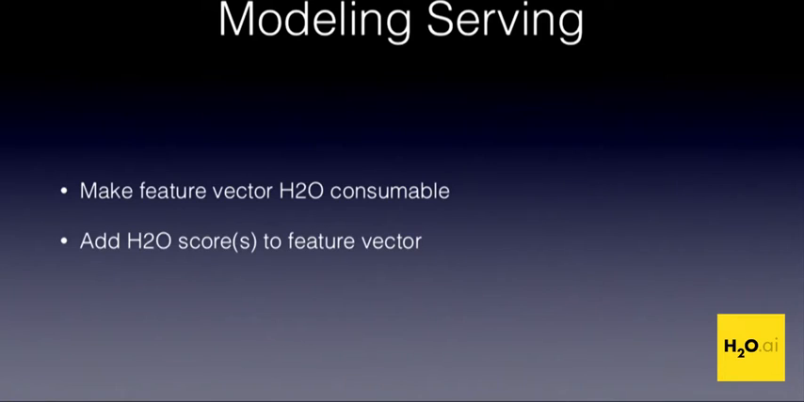And then once we have a score back, or many scores, depending on if we're running an ensemble or submodels, we need to add that into the vector. And then finally,